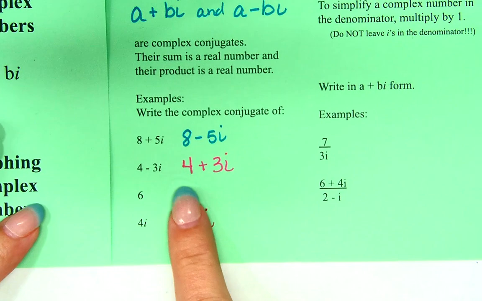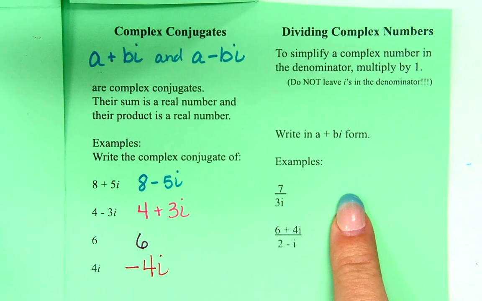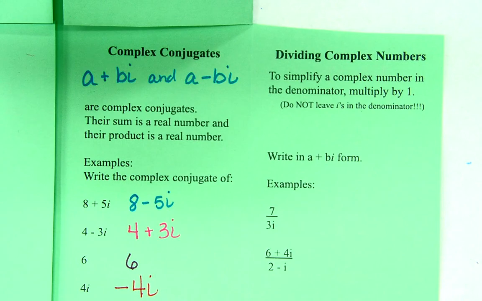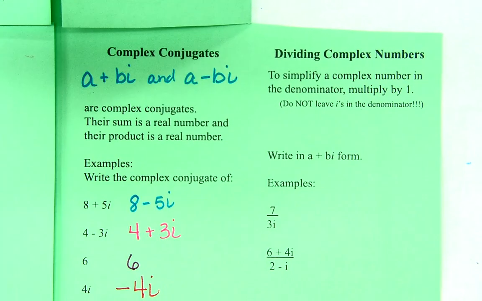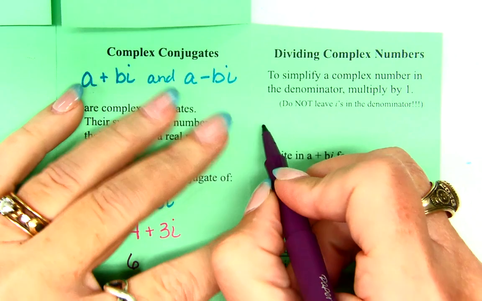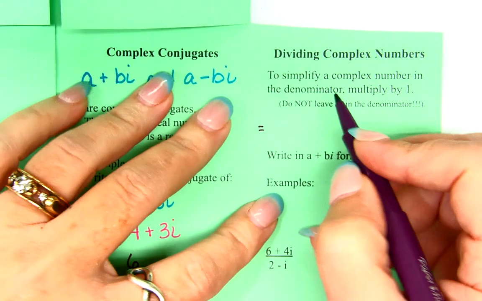Now I had to know this to be able to do this. Okay? When dividing complex numbers, when you simplify a complex number in the denominator, you have to multiply by 1. Okay? You cannot leave i's in the denominator. Now multiplying by 1, think back to when we did this a couple days ago with radicals. How did we decide what number 1 to choose? I chose the conjugate of the denominator and multiplied both numerator and denominator by that number, right? So the 1 that we're going to choose is the conjugate